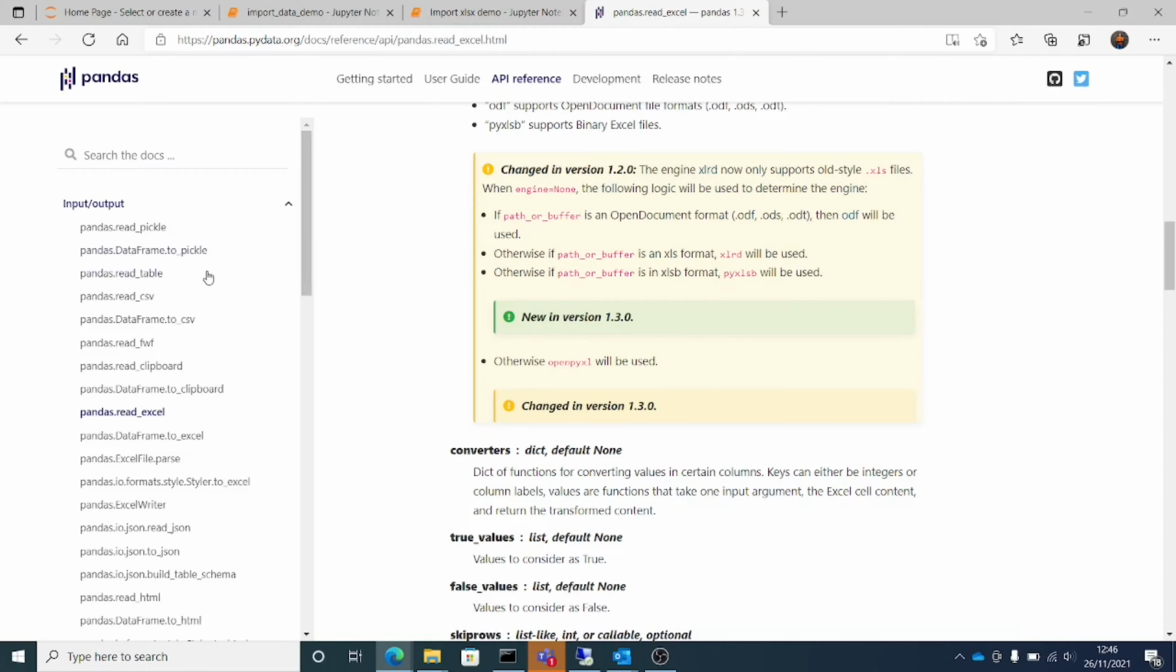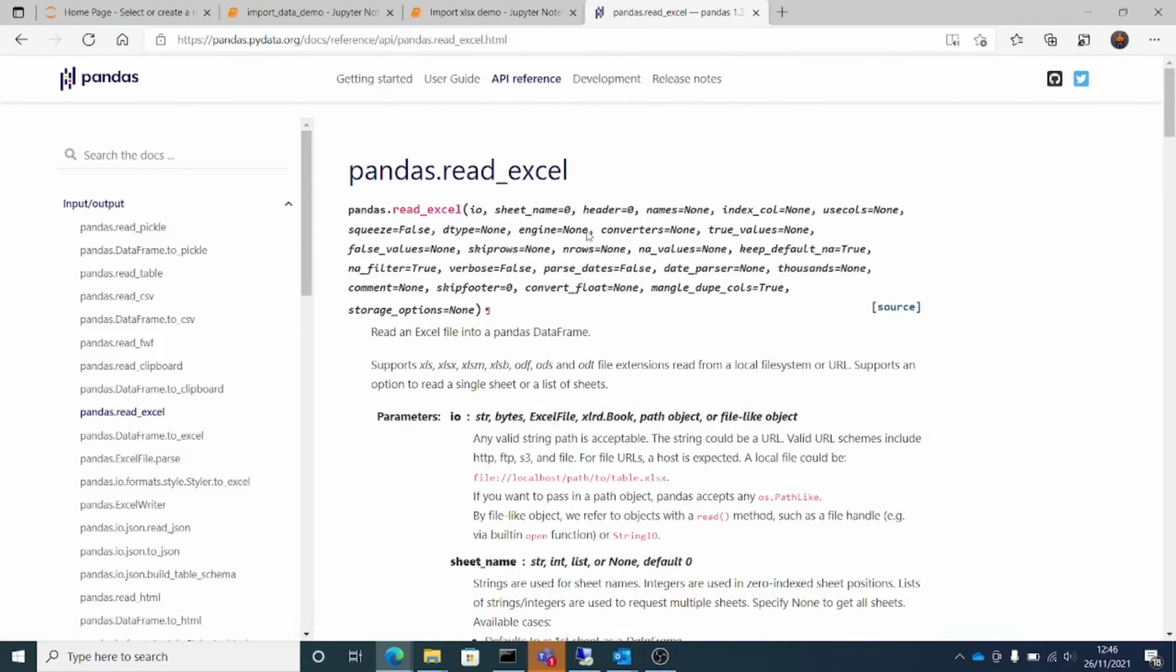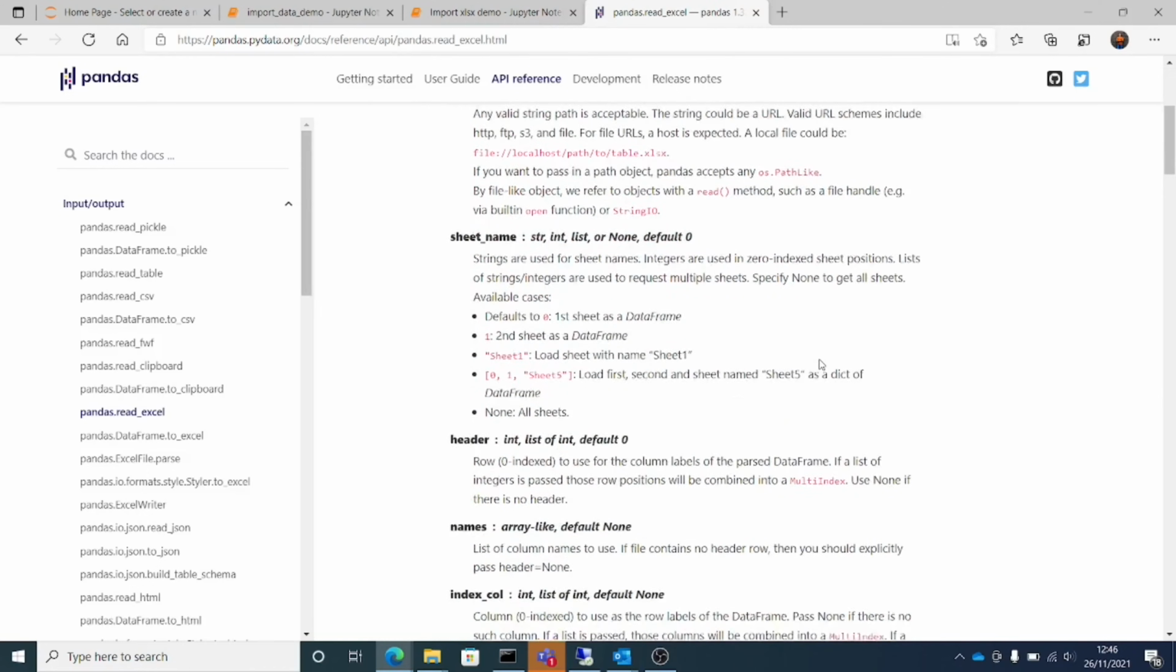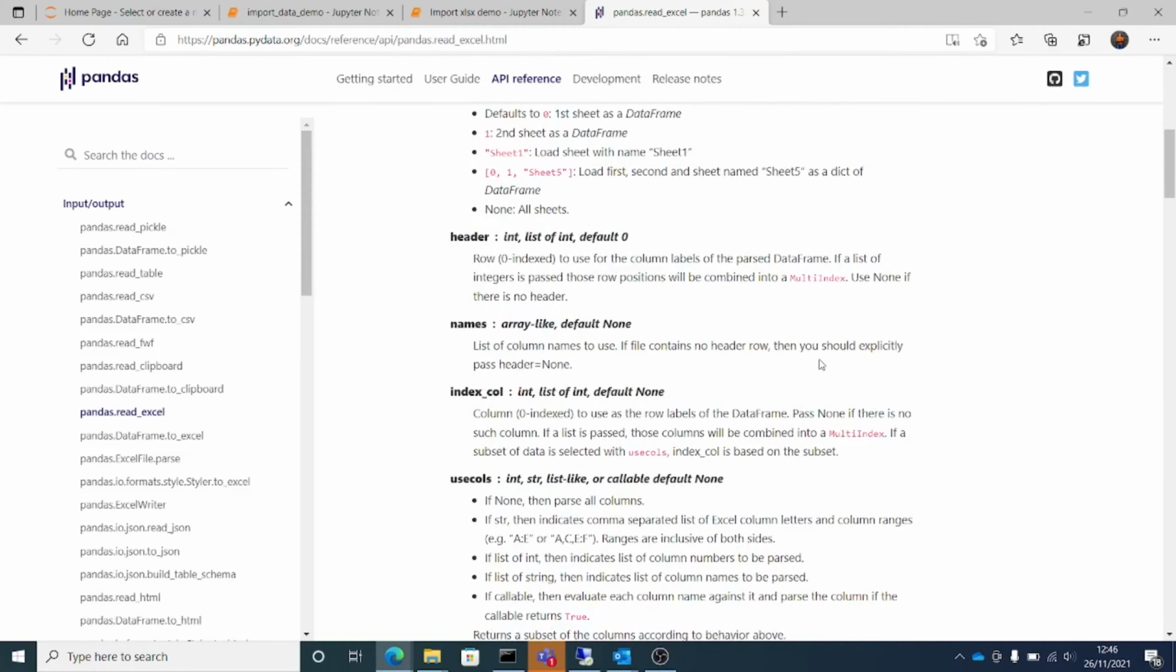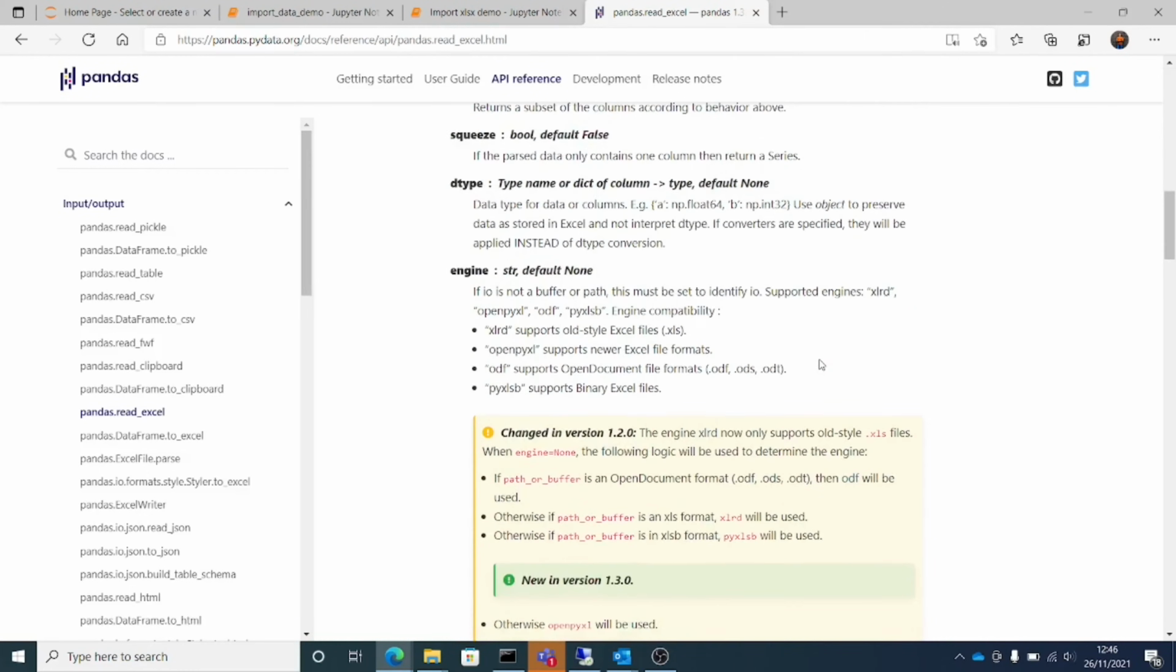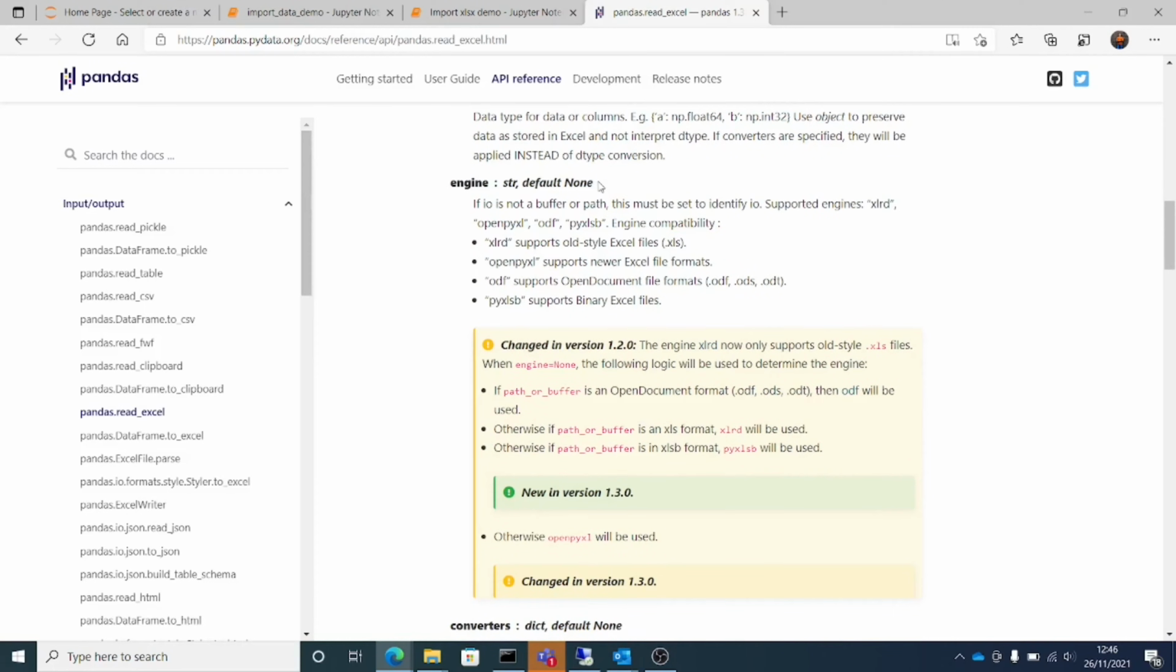Before that, let's go ahead and look into the documentation. If you go into the pandas documentation for input output, you'll find all the available file formats that you can import and export from pandas. So if you see read underscore Excel,